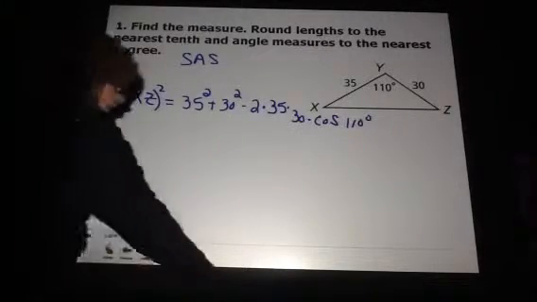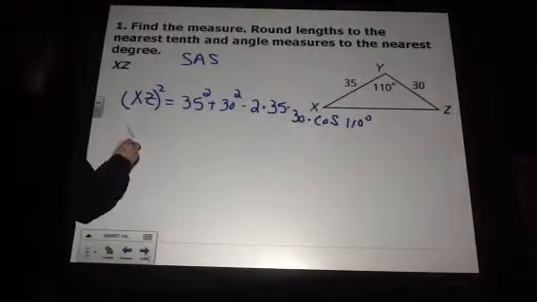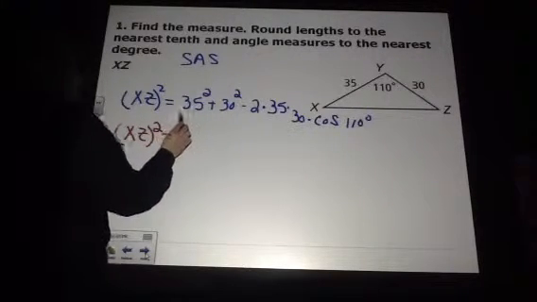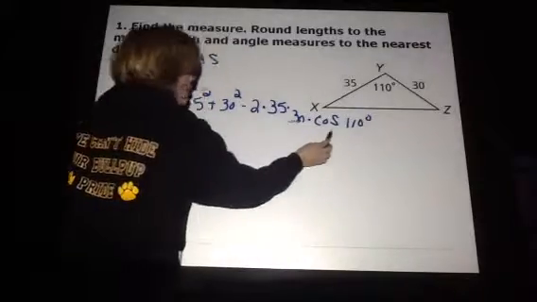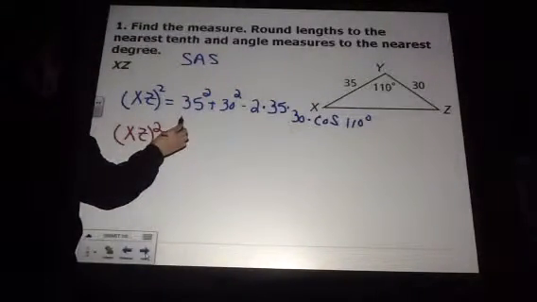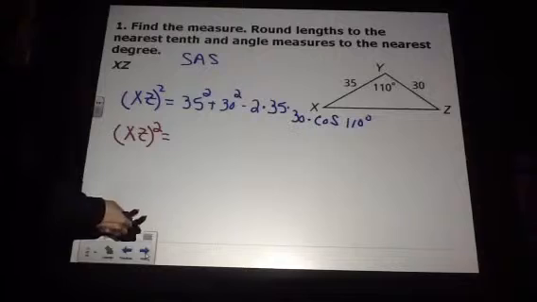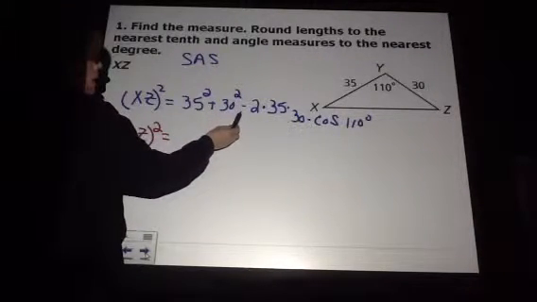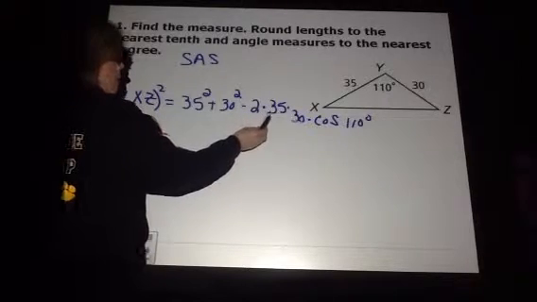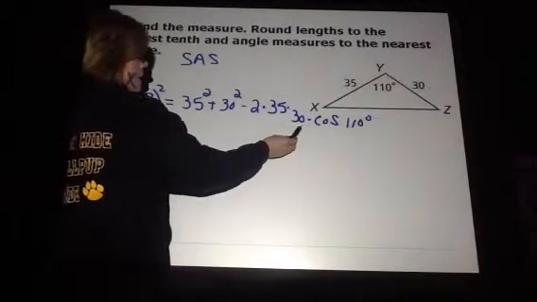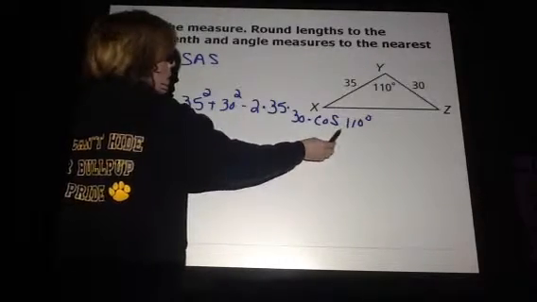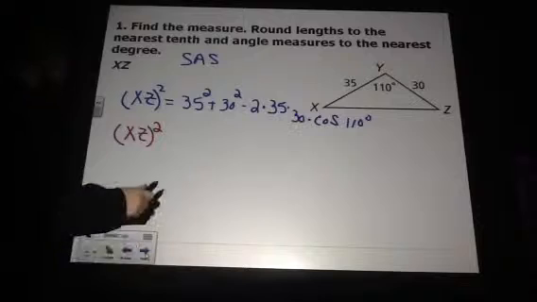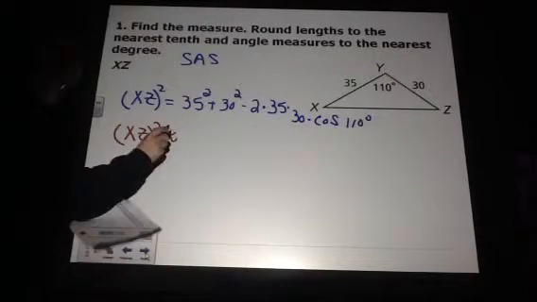Okay, so class, what you need to do is key this whole expression right here into your calculator so that we can be as precise as possible. So key in 35 squared plus 30 squared minus 2 times 35 times 30 times, hit your cosine button, 110. And you're going to get approximately